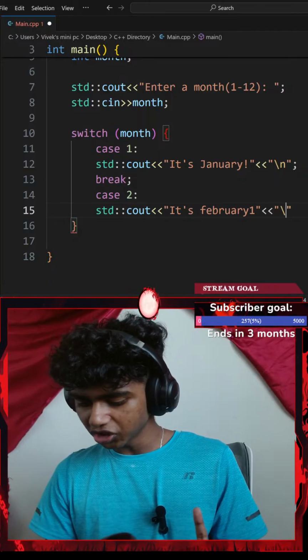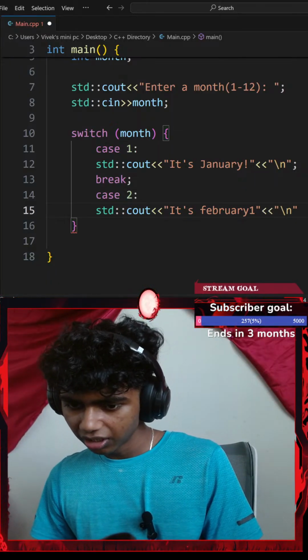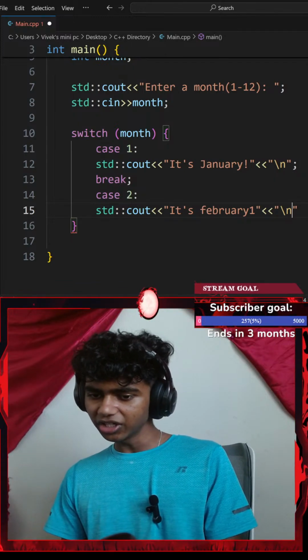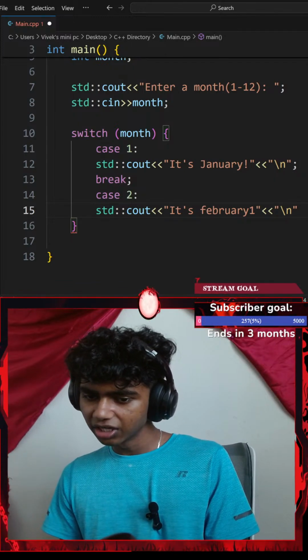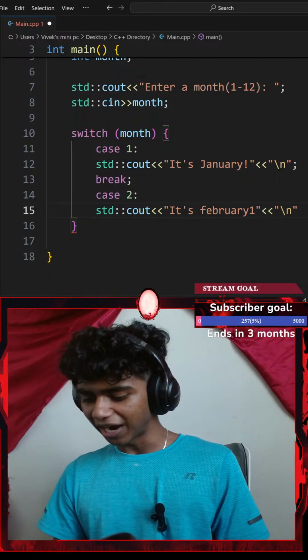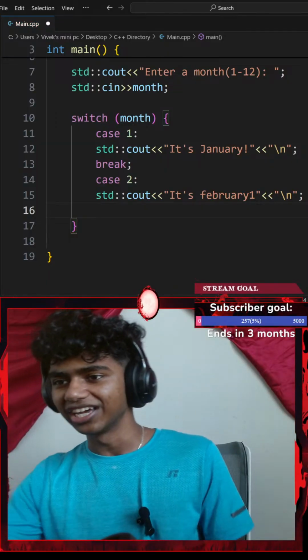Exclamation with another insertion operator of a \n new line. Try to explore more about STL and C++. Honestly, I might do that. I thought only JavaScript had switch. Then I found out Java also has switch. Now I find out that C++ also has. Honestly, Python has switches as well, but it's called match case in Python.